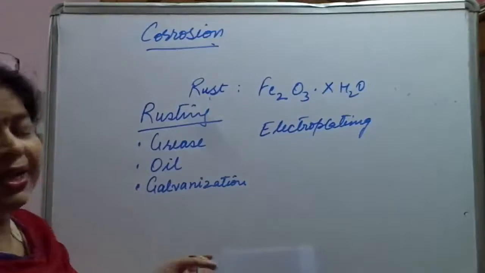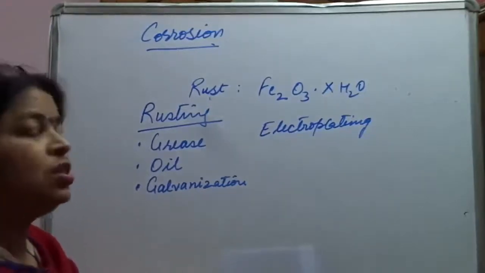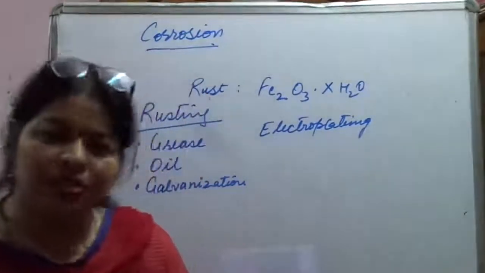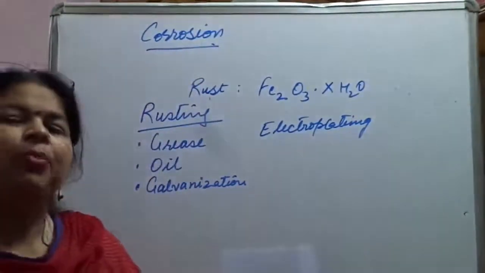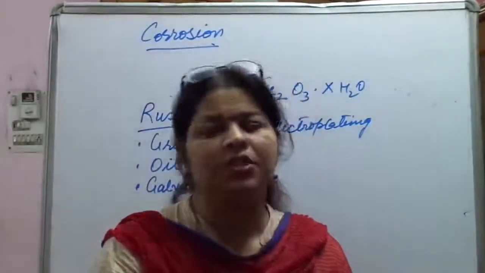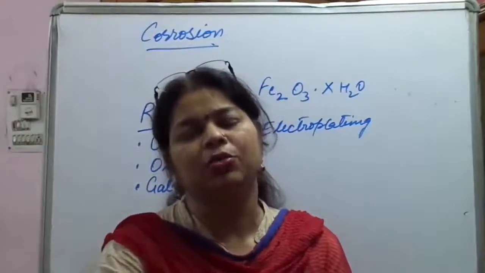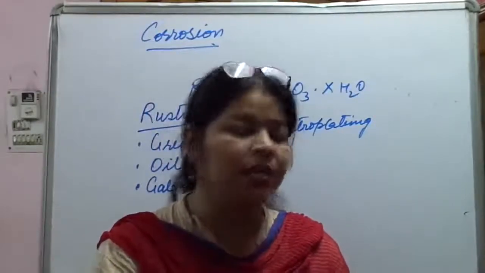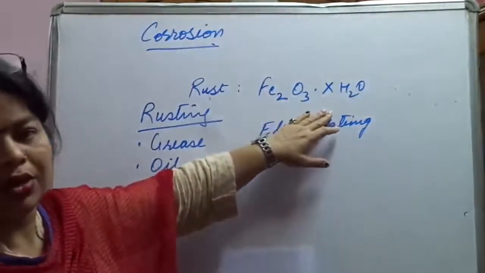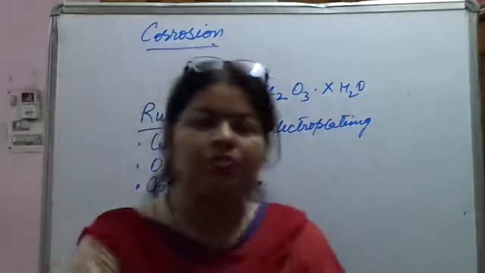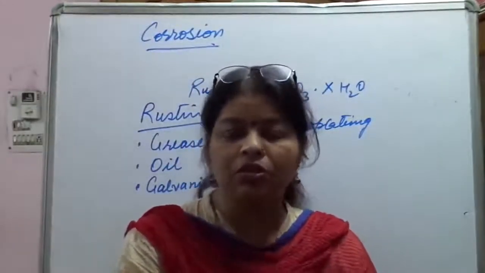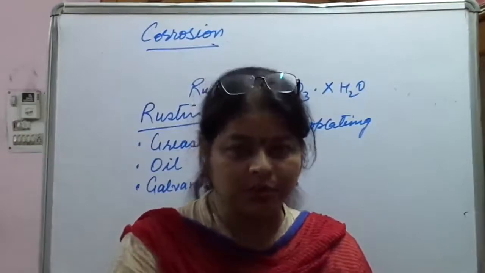Besides that, if I ask you what are the conditions required for corrosion, what are you going to tell? It is the presence of air or oxygen and the presence of water, okay. These two conditions are sufficient to make the iron object rust. And the formula is Fe2O3.xH2O. It's very important to learn. So that's all about this chapter. So we can take up the queries if there are any. You need to learn all the concepts of this chapter. All the best.